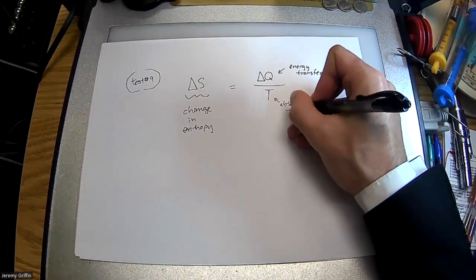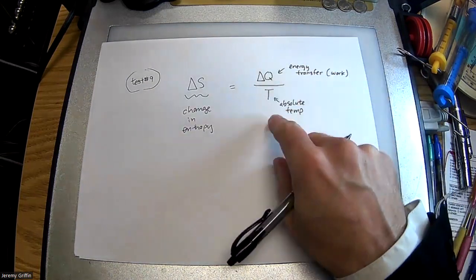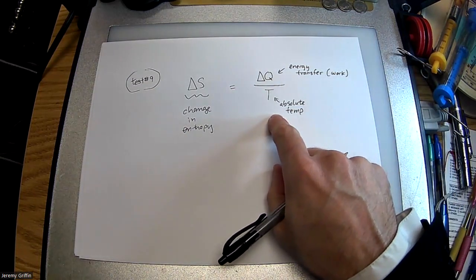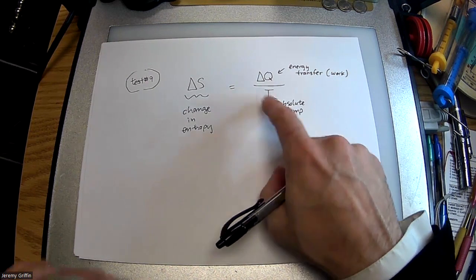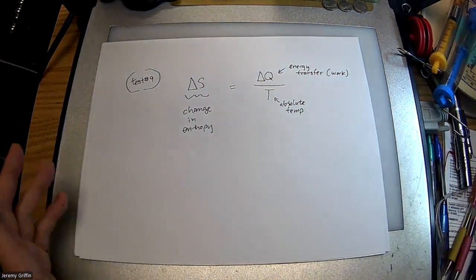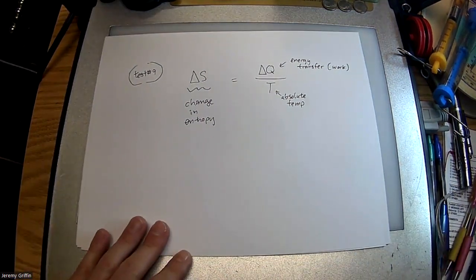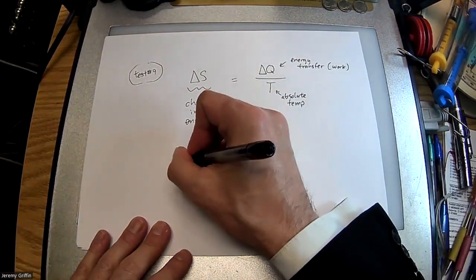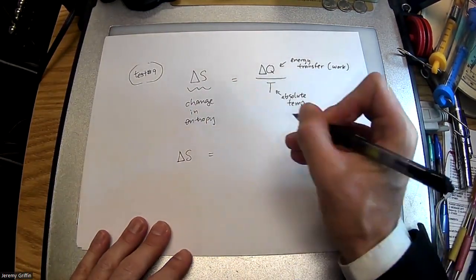Now the catch is, it has to be absolute temperature measured in Kelvin. You can't plug in some number in Celsius, which is from a relative scale. That would give you a nonsensical answer. Okay. So the change in entropy, which we're solving for, is